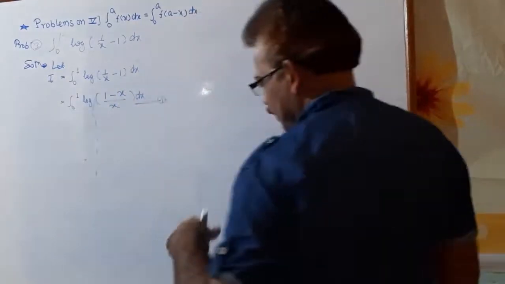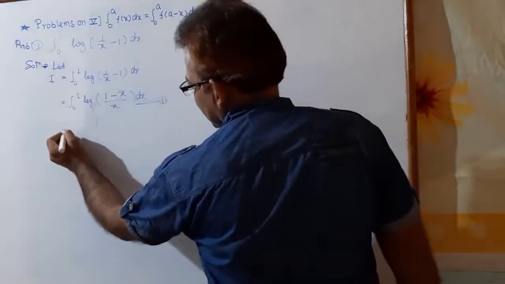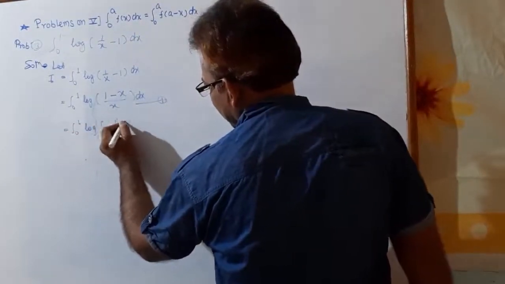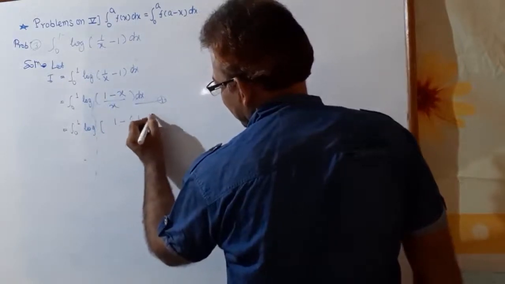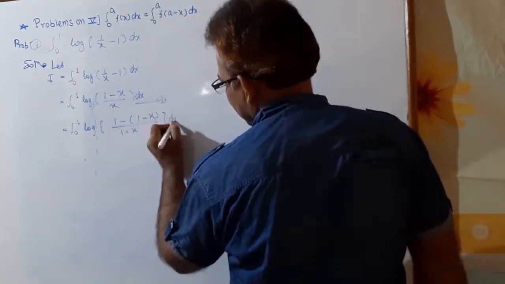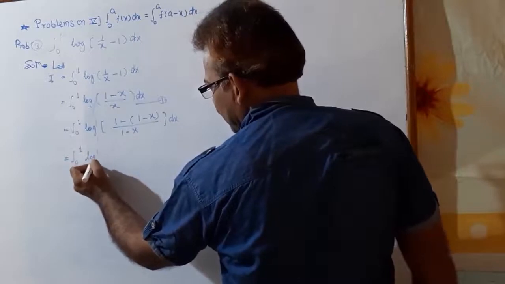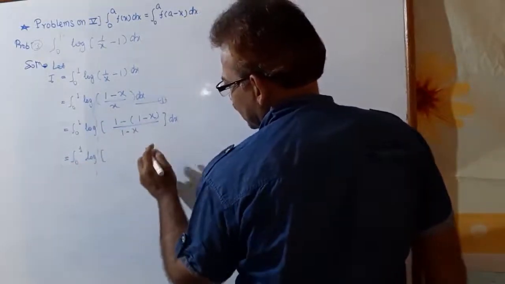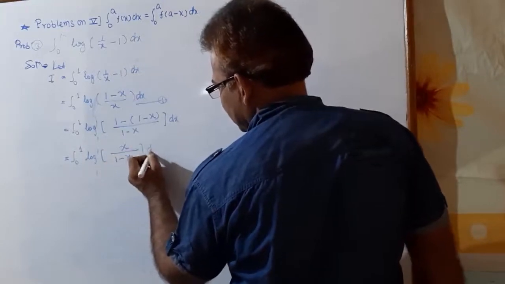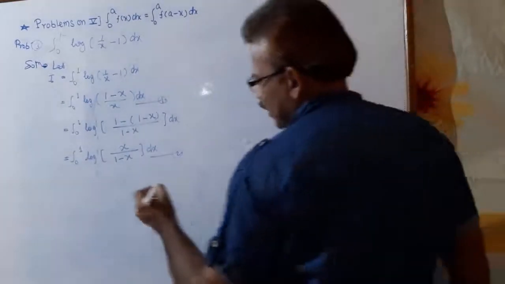Suppose equation number 1. Again apply fifth property, we replace x by 1 minus x. So it is equal to integration 0 to 1 log, in bracket 1 minus x means we replace by 1 minus x divided by, again x means 1 minus x dx, and simplify. So it is equal to integration 0 to 1 log, in bracket, so here 1 minus 1 cancel, and minus minus plus x divided by 1 minus x dx. Suppose equation number 2. Then adding 1 and 2,